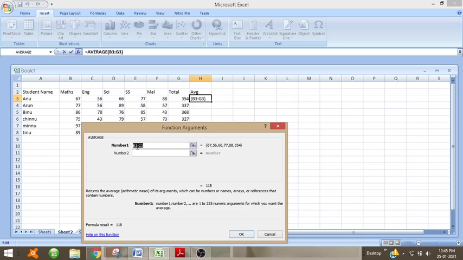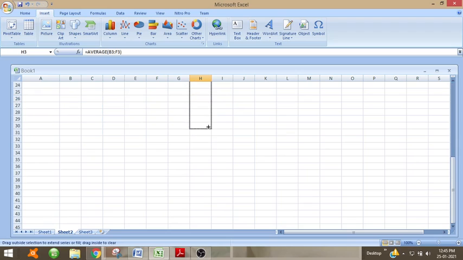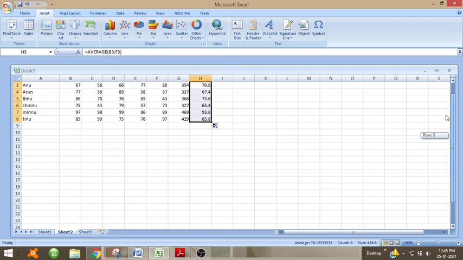Here it is written B3 to G3, that is it considered total also, but we don't need to consider total, so write it as F3, then OK. So it computed the average for a single row. Now we can drag this, then for all the rows the average value will be computed.